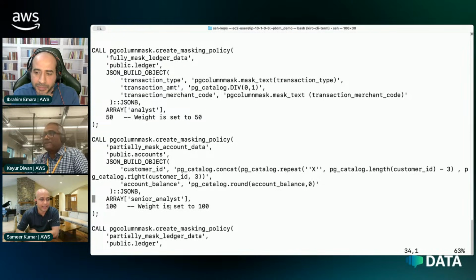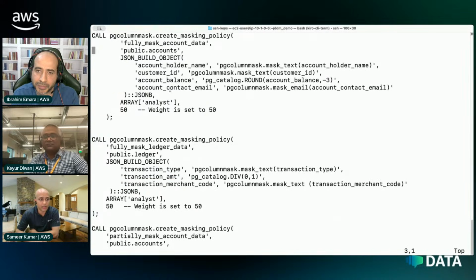And at runtime, it's going to apply this policy for customer ID and account balance for anybody who is a senior analyst. But a senior analyst is also an analyst. So for other columns, like account holder name, it will still apply the first policy. So at runtime, we can